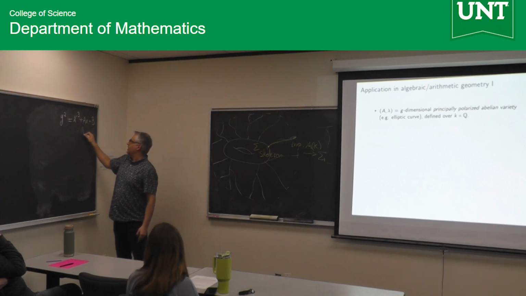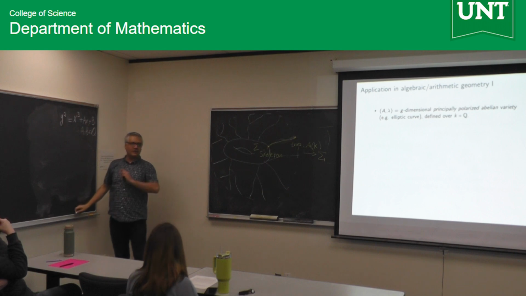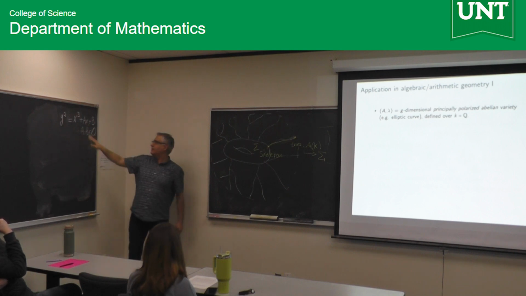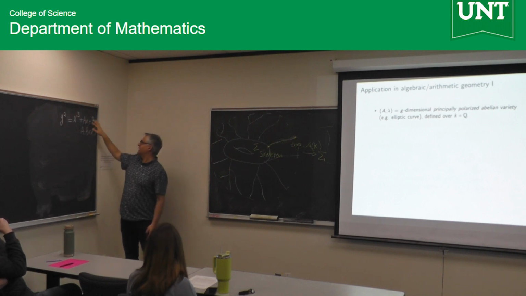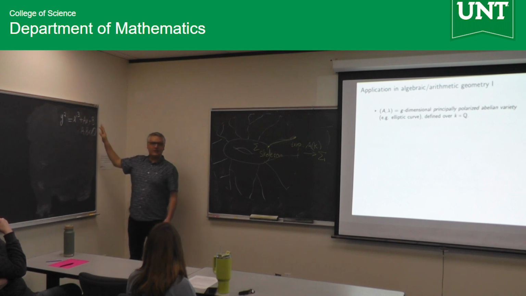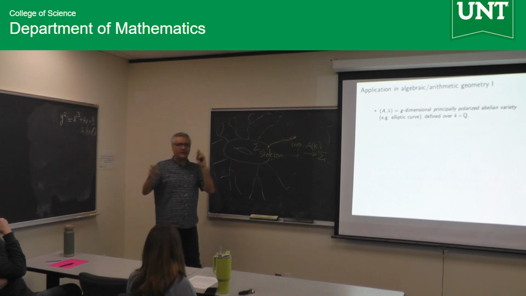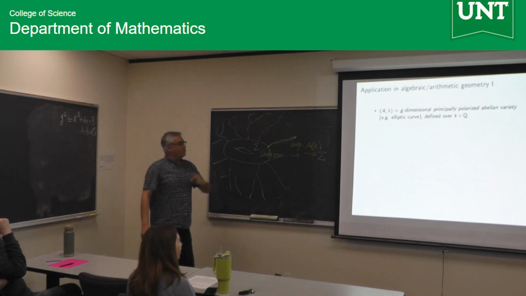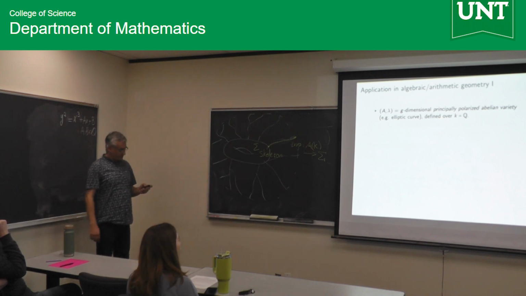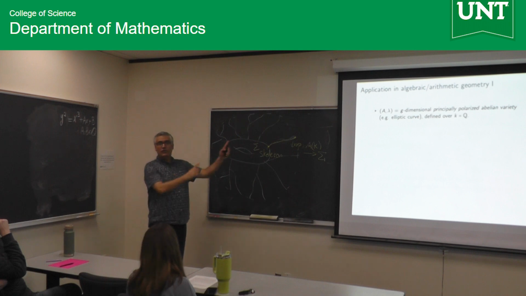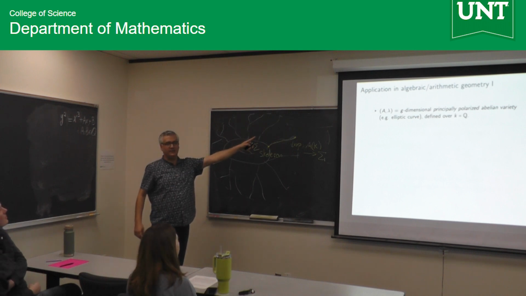I'm going to assume A and B are rational numbers, and they're not unlucky rational numbers. Some relation between A and B is forbidden: some third power of this, second power of this, plus third power of this, up to 4 and 27, are not zero. A smooth elliptic curve. So that's g equal to 1, one example of the first item.